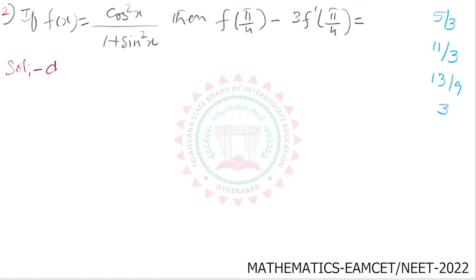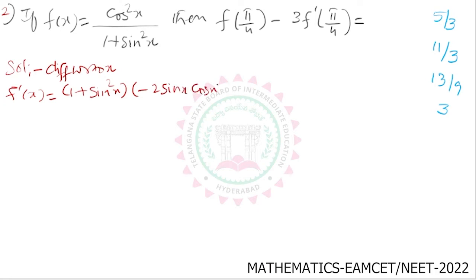Therefore, differentiating the given function with respect to x, f dash x is equal to, it is in the form of u by v. So denominator into derivative of numerator, that is minus 2 sin x cos x. Okay. Minus numerator, denominator into derivative of numerator,